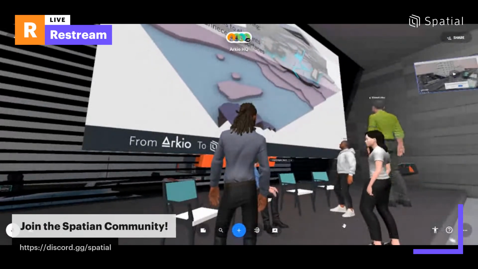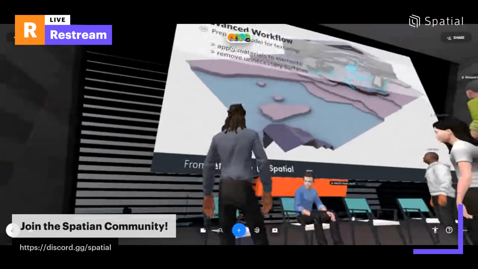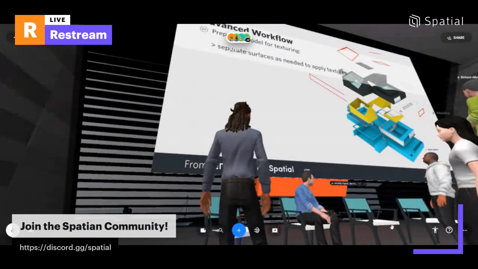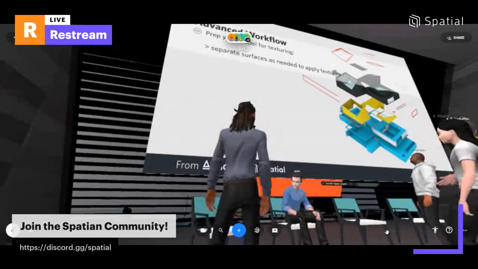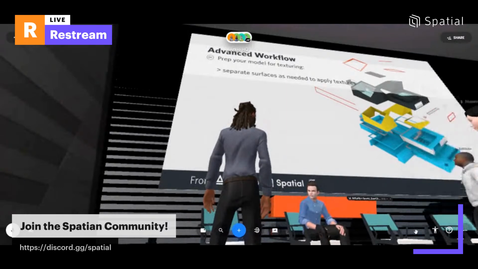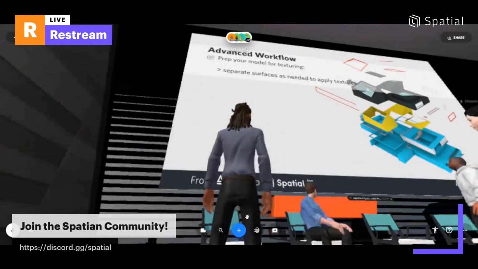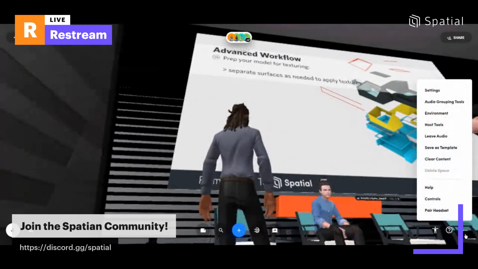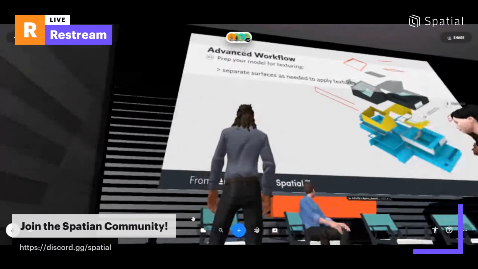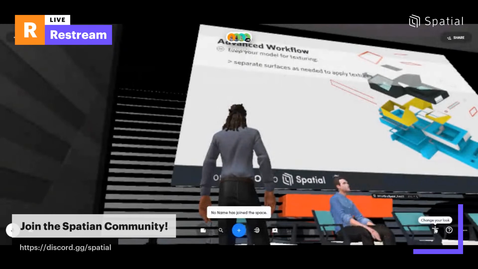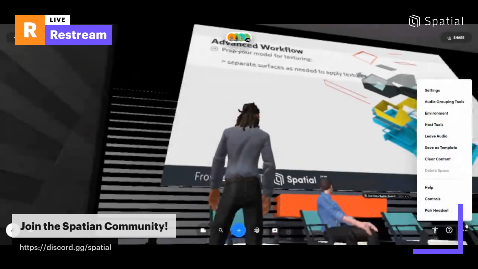So, okay, the next thing, click on the PDF, was I also separated out some of the surfaces because of the way I wanted to apply materials to it, right? So the model that I generated in Arkio was solid geometry. I extracted some of those surfaces. For instance, this is the gallery building that you see over beyond. I separated out the surfaces that I knew wanted to have the exterior cladding on it versus the yellow boxes,